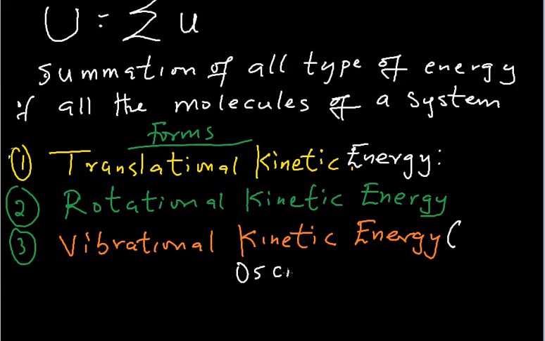That means the movement of that molecule is oscillatory in nature. So gas molecules can have these types of energy. Some might have just one, some might have three of them. But if we sum all these types of energy for all the gas molecules in a system,